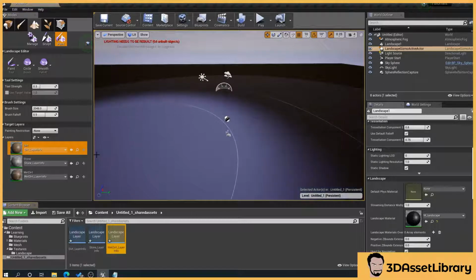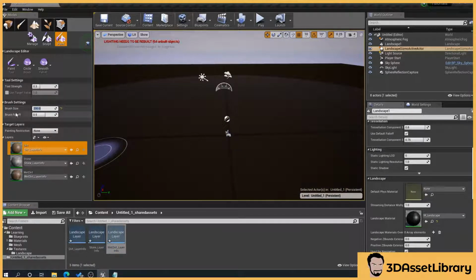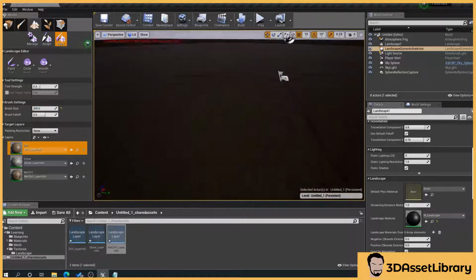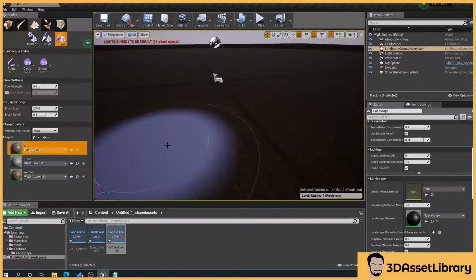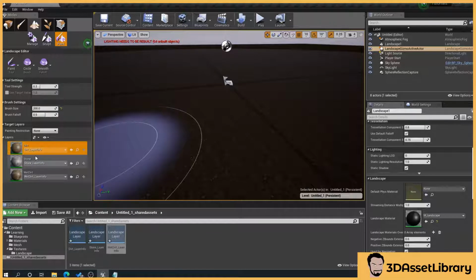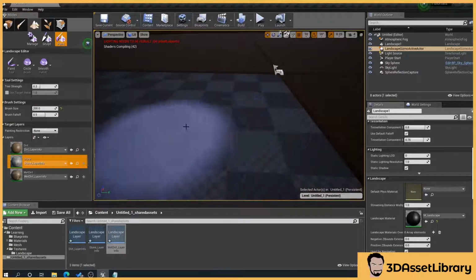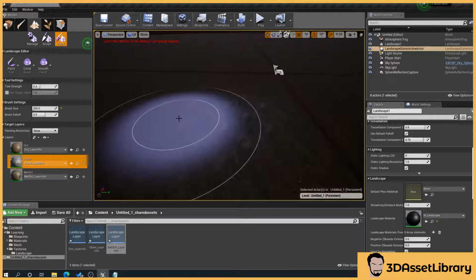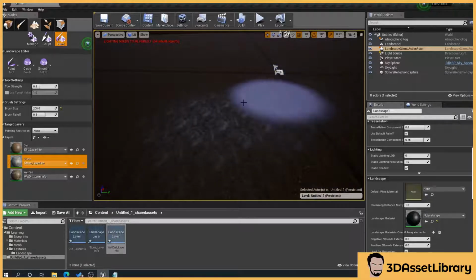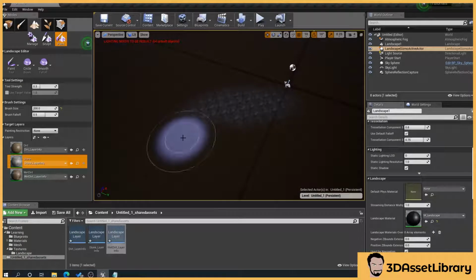So there we go. So now what we can do is I'll just resize this brush. So you see this is the brush size for the painting. This is how strong the brush is, whether you want it to, as soon as you click, be 100% color, whatever. So as you can see here with our material, we've just got our dirt here. So what we'll do is we'll say, well, we want to add some stone. So we select our layer that we want to paint and drag, and this will just take a second to update, and as you can see there, it's starting to paint.